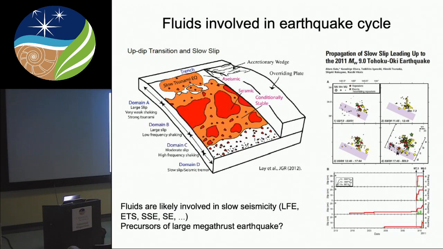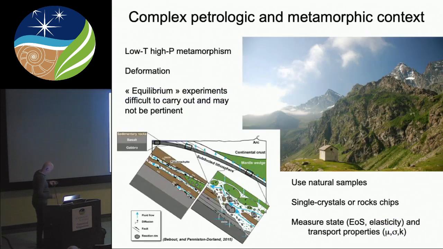And just the day before this magnitude 9 earthquake, there was a swarm of low frequency events, and this can be tracked down to the potential circulation of fluids that feed the bottom of the seismogenic zone